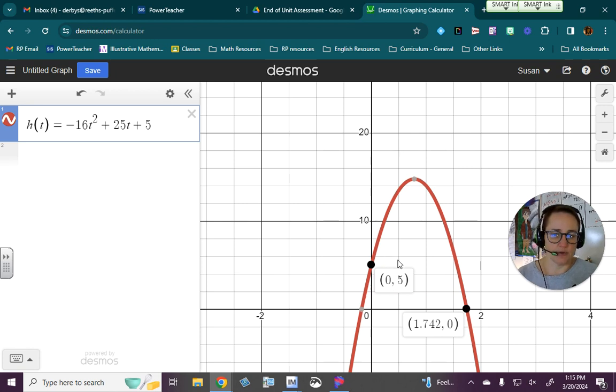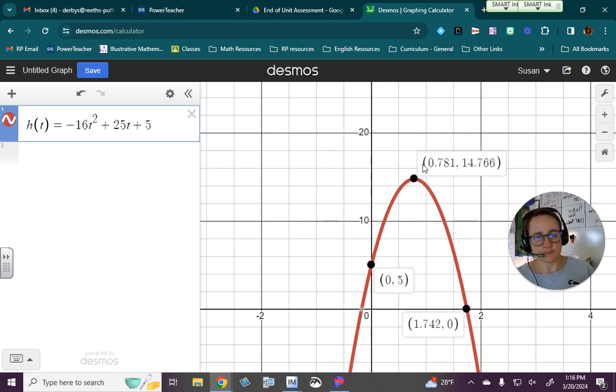From what height is the ball thrown? That's when our time is 0, its starting height, and that is 5 feet off the ground. The maximum height of the ball up here, again, is our y coordinate, because that's our output, is height. So the maximum height of the ball is at 14.766 feet. It happens at this time, so that might be another question we might ask you. It happens 0.781 seconds after it's thrown in the air, so that's when it is at its highest point